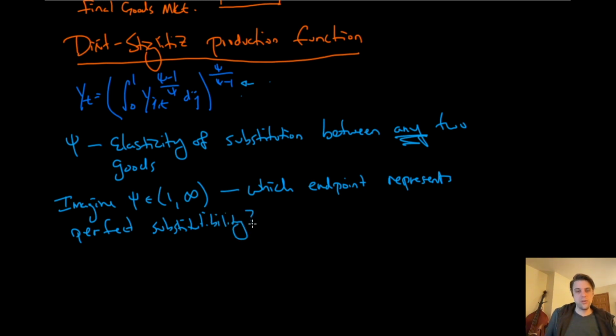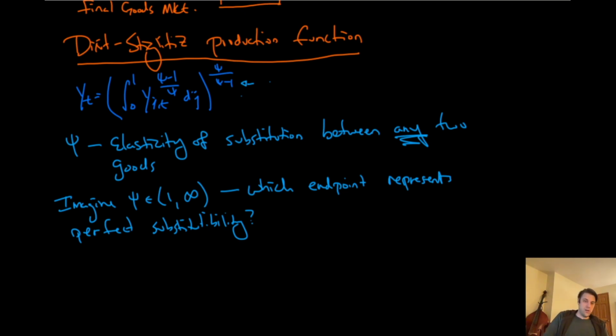Which endpoint? So first you have to think, what does perfect substitutability mean? It would mean that you have no exponent at all, right? If my consumption function, if my bundling, well, let's think about just bundling. If I don't care what I have, I can just have good j and then just put good j plus 1. Then I'm just going to add them together. There's going to be no exponent on them. There's going to be no cost of switching between things. So I want to know which of these numbers do I plug in, 1 or infinity, to make both of these powers turn into just 1.